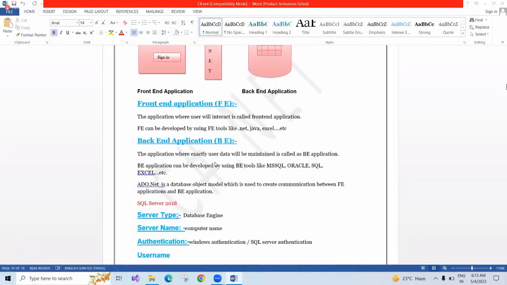Sir, we already have this book, or will you share this C#? Why do we need to write the